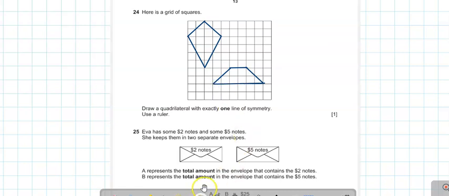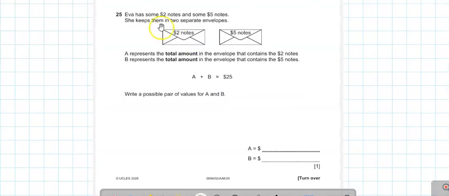Next question. Eva has some $2 notes and some $5 notes. She keeps them in two separate envelopes. A represents the total money, and B also represents the total money. The total is 25. Write a possible pair of values for A and B. Look, this envelope has multiples of 2, and this one has multiples of 5. We need a multiple of 2 plus a multiple of 5 to give us 25. Of course, we can use 20 and 5,